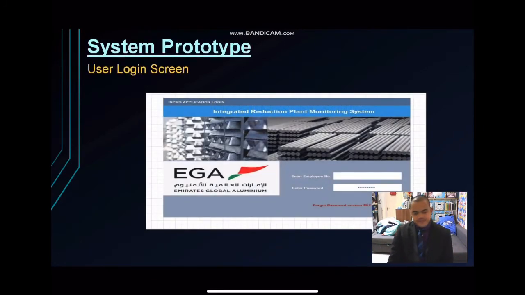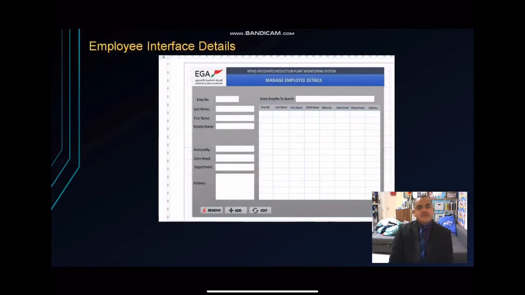System prototype. User login screen. This is the system user login screen that I have made for the Emirates Global Aluminum. You can see here the name of the company. You enter your employee number and you enter your password designated to you. Employee interface details: here you can see your details upon logging in. You can see here your last name, middle name, nationality, when you were hired, your department,